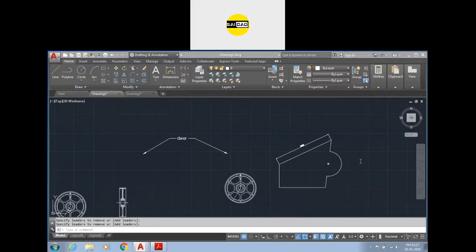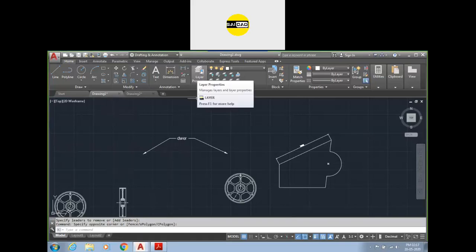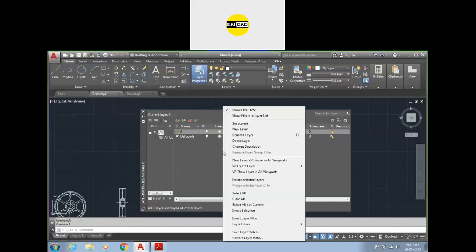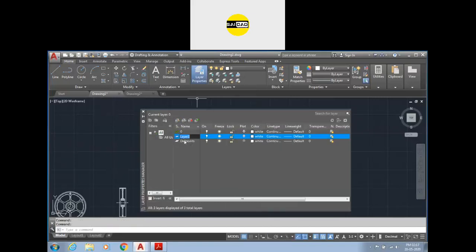And to create some layers, making and inserting layers. Okay, to create layers, you will have to go to the layer properties. From here, you can just go to here or right click for the new layer. You can type the name, like I want a dimension layer. If you press enter and press enter again, the new layer will be added, because enter will repeat the last command. Okay, so from dimension to reference, now press enter two times and I want a symmetrical. So these are the layers created.